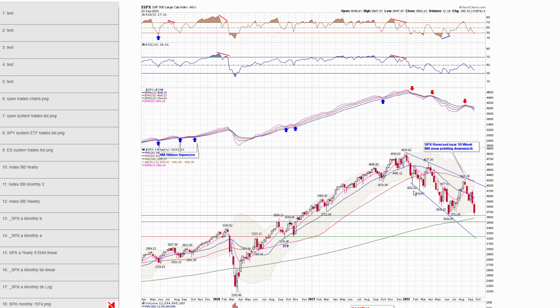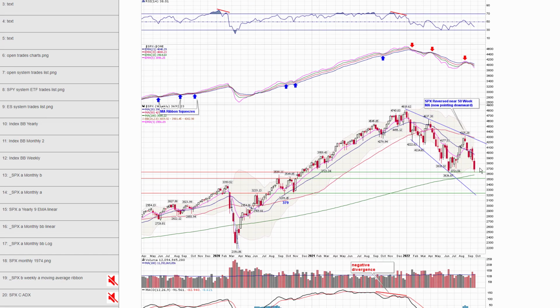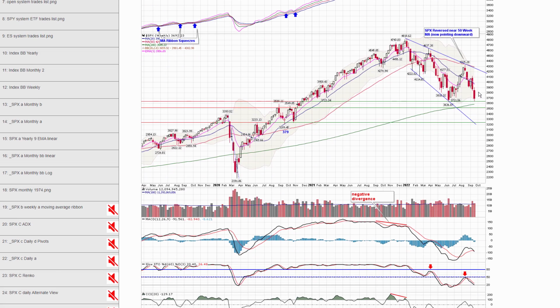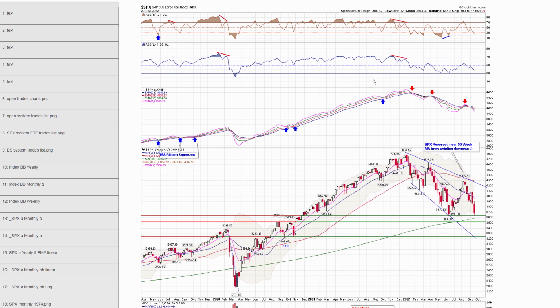Next. Chapter 19, here's a weekly view of the S&P showing this expanding triangle. You can see price stalled right at that 50-week moving average on that rally into August, just perfect. It also corresponded to the 50-day and 200-day moving average. You had the bearish moving average pinch there. So again, right now price is basically testing the June low. So maybe we get a little reaction bounce here. But otherwise, you have the 200-week moving average. To me, it's logical to test that at least. That's not very far away. Then you have support around 3,500. After that, your next support would be down close to 3,200.